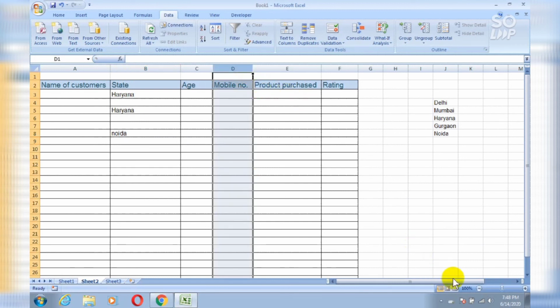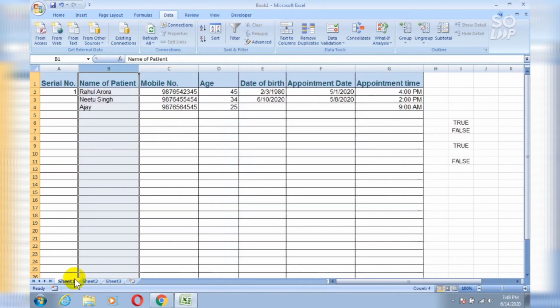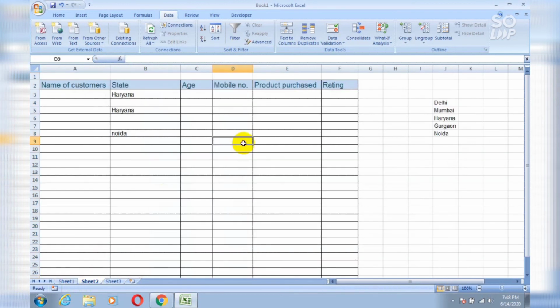So simply select your D column, that is of mobile number, and you can do it like I did previously in sheet 1, that is in C column. You can do the same procedure in this also.